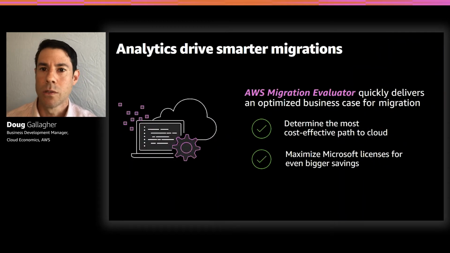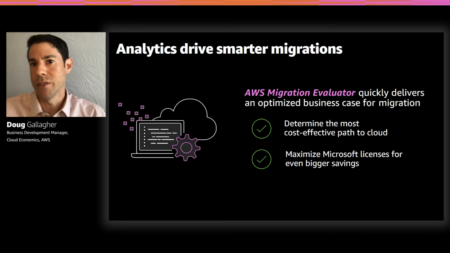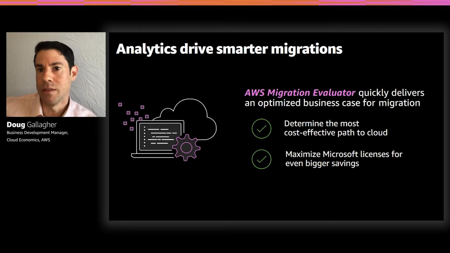So at AWS, there's a tool we have called AWS Migration Evaluator. This tool is agentless, and it can be installed in a customer environment in an automated fashion. And again, it's agentless, and it runs a time series analysis on the customer's infrastructure. It's a way to gather information in an automated fashion to help develop a high-level directional business case. One of the big benefits is it takes the heavy lifting off customers as it runs that time series analysis over 15 to 30 days to gather really rich information,